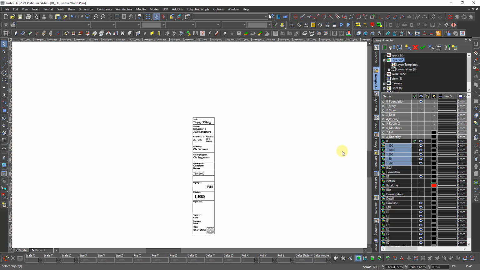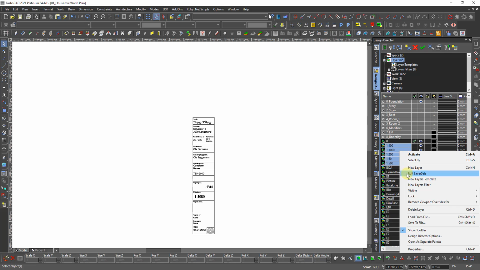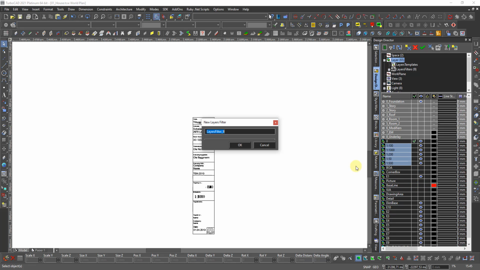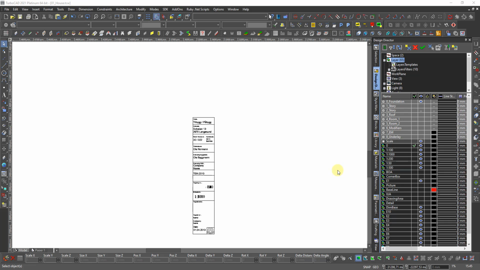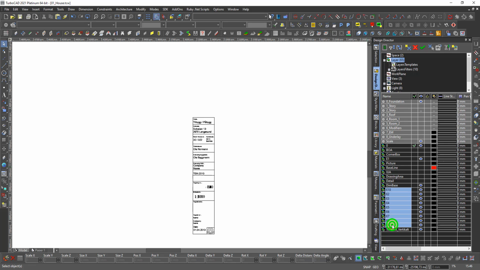I will make a new layer, layers filter. Right click, new layers filter, and I believe you call this scale. So I call it that. And OK. And we'll finish with that one, and then I should have this. There's one, okay. I'll take until this one, shift, and then Control to take that one also, and a new filter,